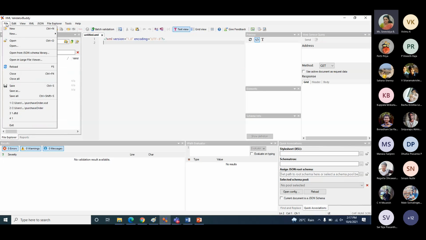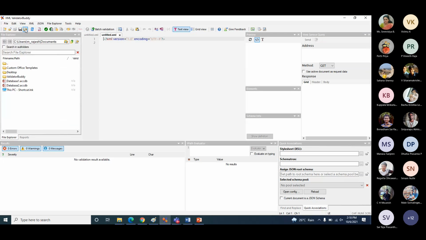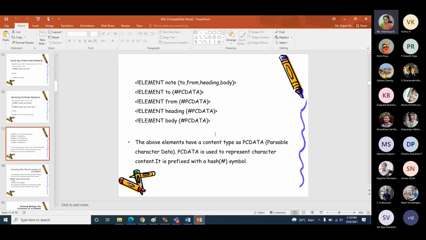What I will do is, I need to write the DTD first. Basically, in the process, we will have the DTD first, and then we will have mechanisms to generate XML documents. And before using those XML documents, we will validate them against the DTD. That's the process. So the first thing we have to make is a DTD. We have seen an example DTD like this.